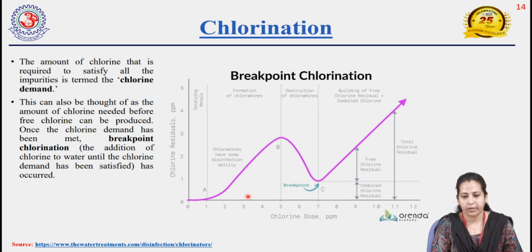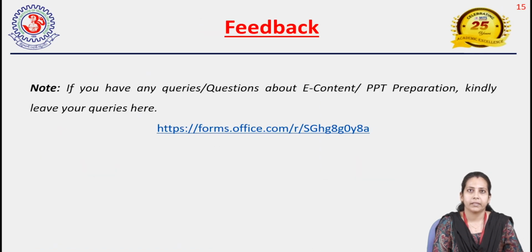This is one important graph for chlorine dose, showing how much dose is required before water treatment, that is, pre-chlorination, post-chlorination and breakpoint chlorination. Super-chlorination is when you add an excess amount of chlorine. Residual chlorination means that after adding such an excess amount of chlorine, some residue may remain if you add beyond the doses. That is called free chlorine residual. So this is all about the disinfection process.